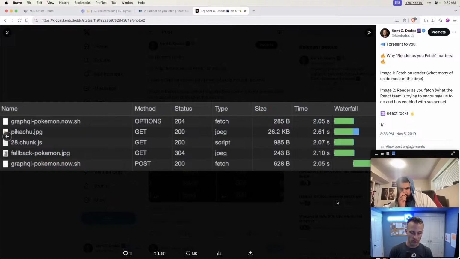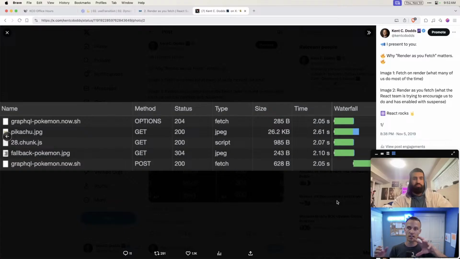So what render then fetch, or render as you fetch, means is that you start the fetch request before the component that needs the data is rendered. That's what that means. And so that means that the parent that knows that it needs to render both the child component, and that child component needs the data, the parent is going to be responsible for doing that. This can be kind of difficult to set up yourself, which is why we have frameworks.